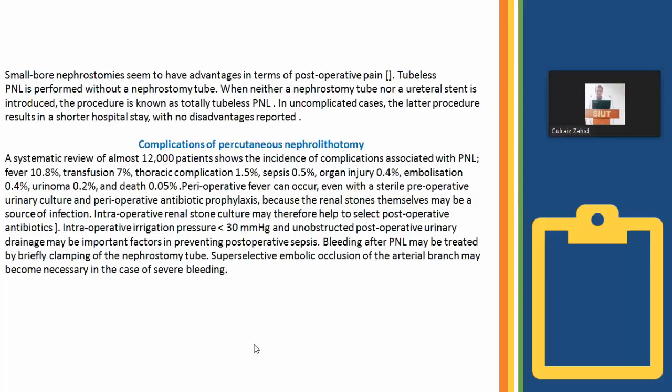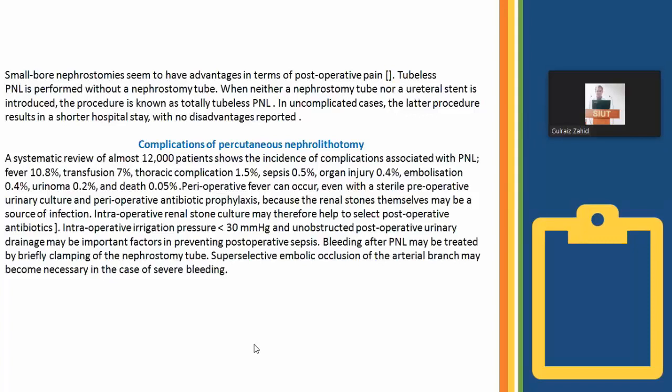Complications of PCNL. A systematic review of almost 12,000 patients shows the incidence of complications associated with PNL: fever 10.8%, transfusion 7%, thoracic complications 1.5%, sepsis in less than 1.5%, organ injury 0.4%, embolization 0.4%, urinoma 0.2%, and death in 0.05%. Perioperative fever can occur even with a sterile preoperative urinary culture and perioperative